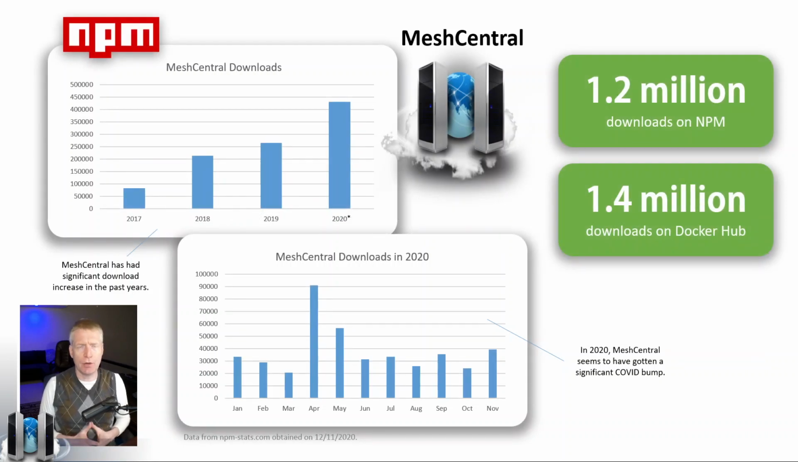Now, it is currently mid-2021. These tables and numbers were taken from a snapshot at the end of 2020, but as the years went on, MeshCentral has gotten more and more downloads. The current values of downloads hover at over 1.2 million downloads on NPM, the Node Package Manager, and 1.4 million downloads on Docker Hub. Now, I don't have any official Docker Hub images. Some community members have created Docker Hub images, so those are the ones that I looked at and summed